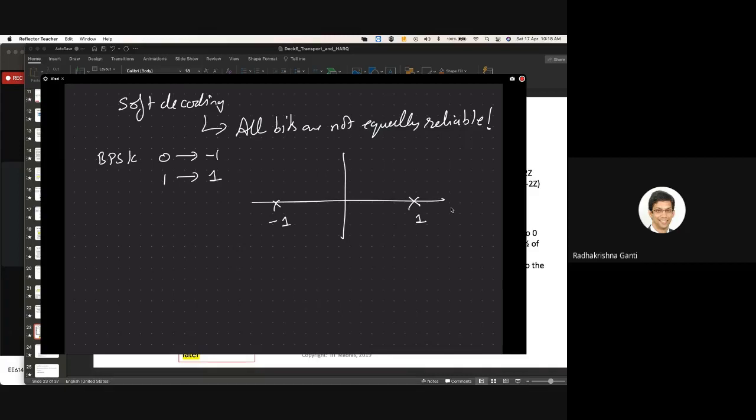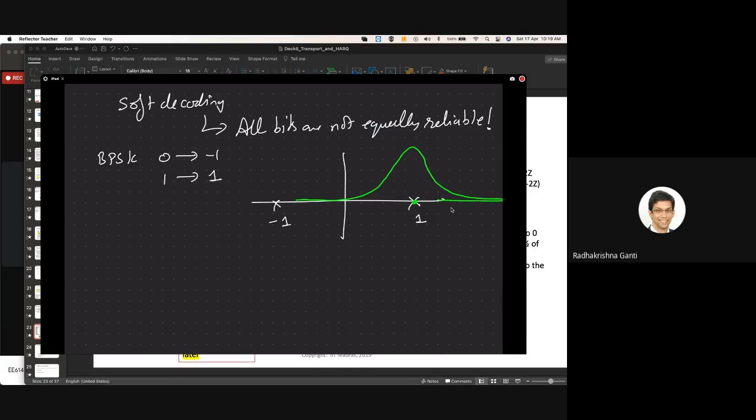Fine? Okay. So now what happens? You transmitted something. Suppose I transmitted 1. This is what I transmitted. What happens? Noise gets added. When noise gets added, noise is a Gaussian process. Okay, let's assume it's a Gaussian process. So what will happen? Effectively,